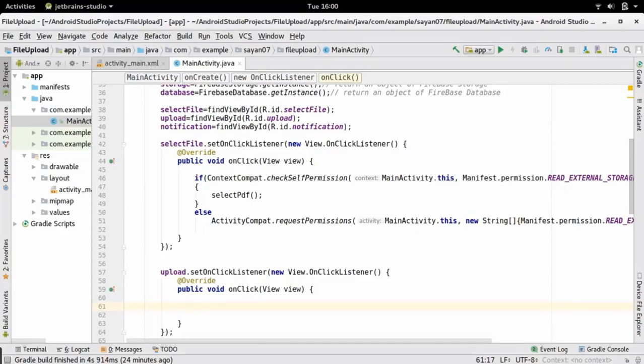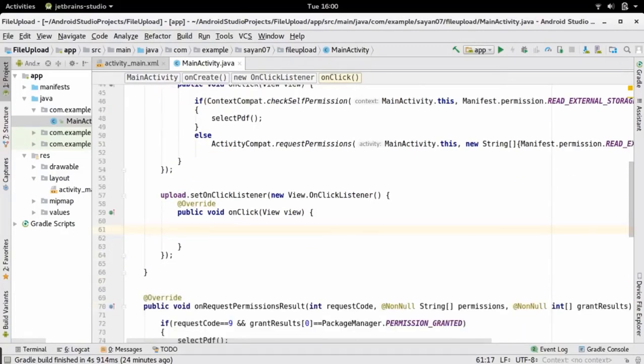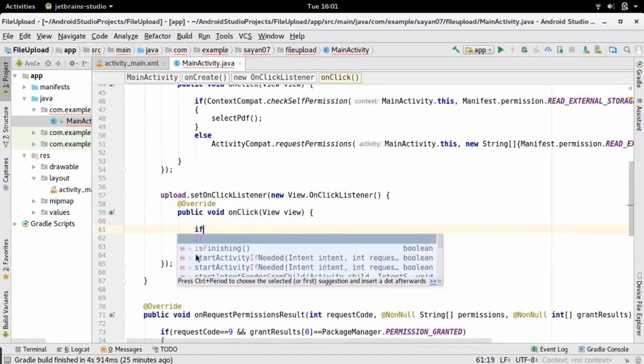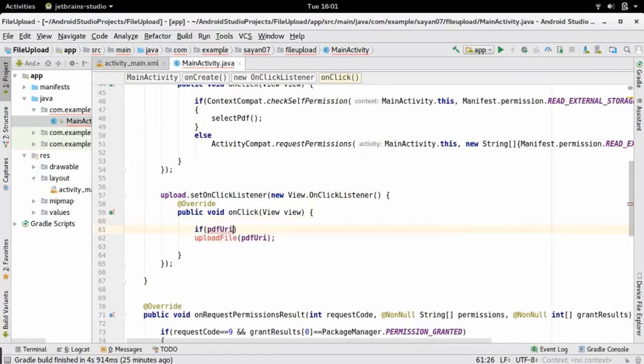Okay, so first let me declare a method, let it be uploadFile. We are going to pass the PDF URI, and before this we are going to check whether our PDF URI is not null.